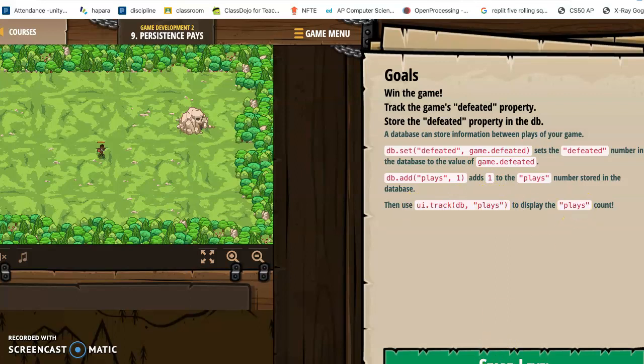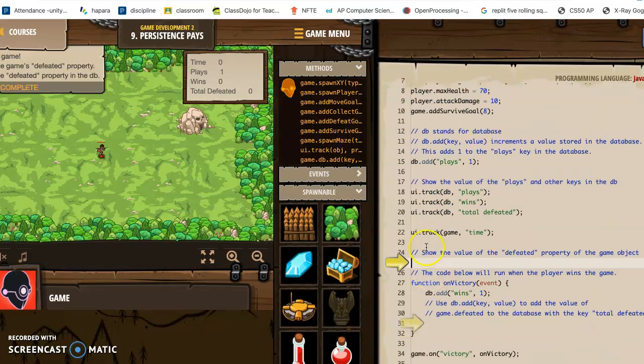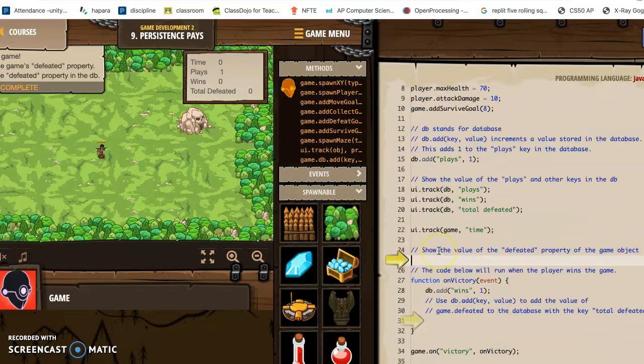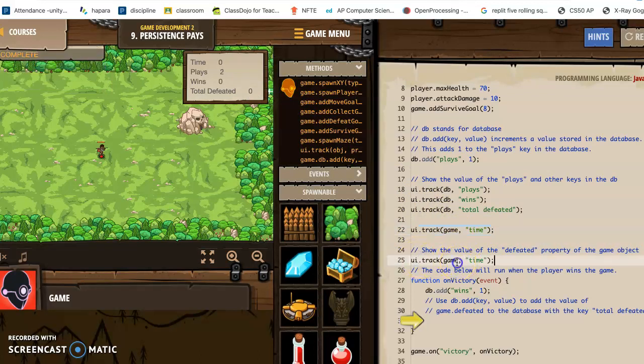So let's go ahead and start the round, and we can see we would read all of this, but let's just go straight to it. So first thing, it says track, store the value of defeated property of the game object. So when it says show, that means we're going to use that UI track. We want to use, as you can see up here, the UI. We've got a little scoreboard: time, plays, wins, total defeated. So we need to update that defeated. So we're going to grab line 22, copy that, paste it here, and then what do we need? We need game there, and then this time becomes defeated,